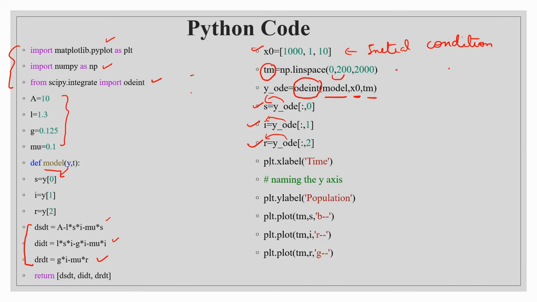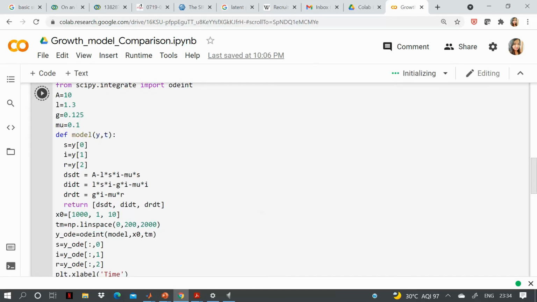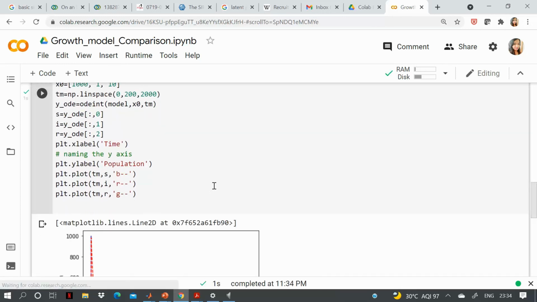So now we will plot the graph. So this is for labeling, and then this is mainly for plotting all the components S, I and R with different colors. This is for blue, red and green. So now again we will copy paste this in Colab, that is by Google. I have now opened Colab from Google, and then I have pasted the code which I have shown you in PPT. So when I run this code, I will see that I am getting the result that is given by MATLAB.